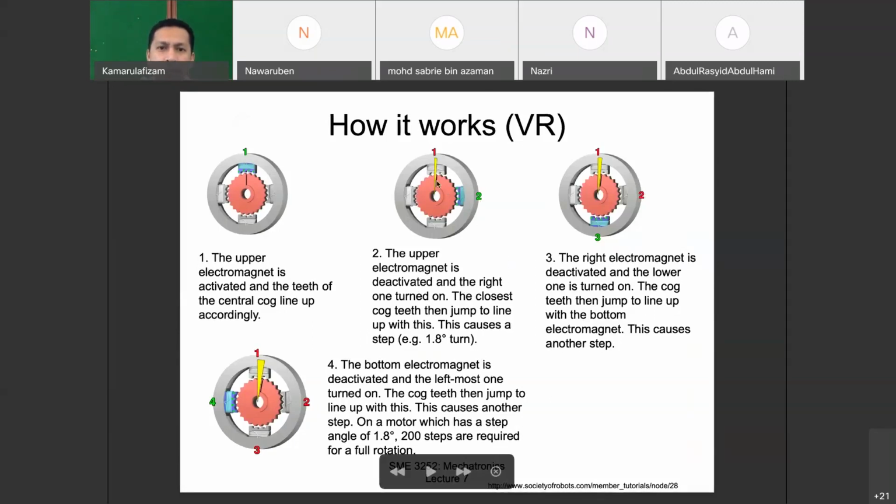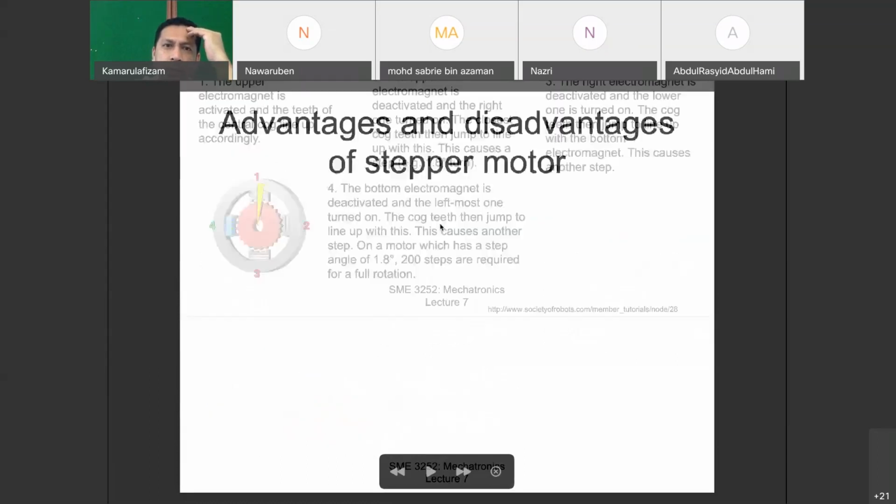So cog teeth ni yang akan basically create the rotation based on kat mana magnet yang diactivate. Kalau kat sini activate, dia akan duduk sini. Kalau sini dia akan bergerak. Kat sini bergerak. So kalau you alternately activate and deactivate the magnet, so benda ni akan initiate rotation. Alright. Kat sini ada 4 magnet. So rotation dia sekali rotate is 90 degree, sekali rotate 90 degree, bergantung pada berapa banyak